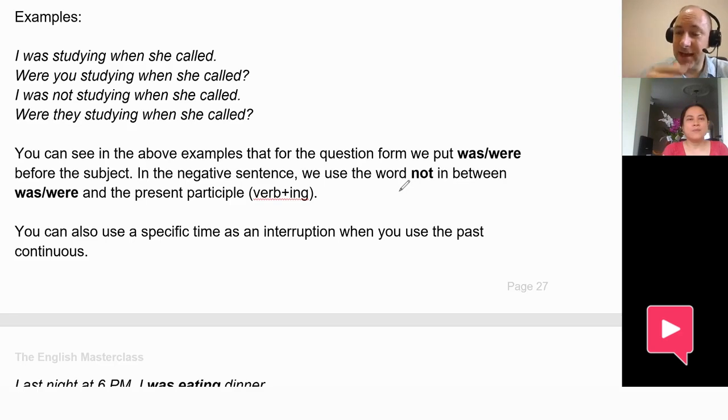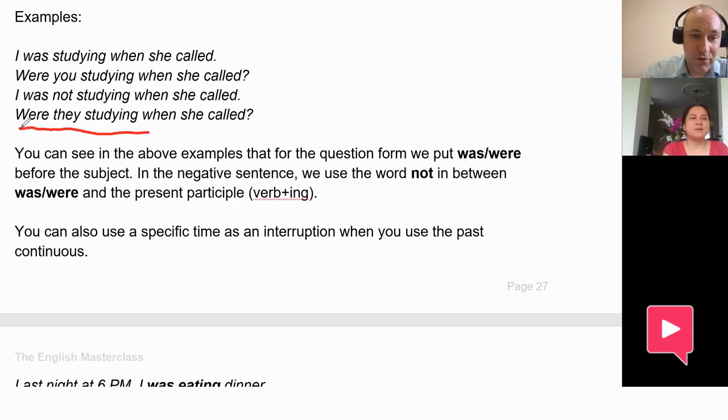And then similar again for the question form. How do we make a question, or what's the difference between a question in the past continuous and just a statement in the past continuous? The question is like the verb to be comes first before the subject. Yeah, great. And yes. And for the statement, the subject comes before the verb to be. Good.